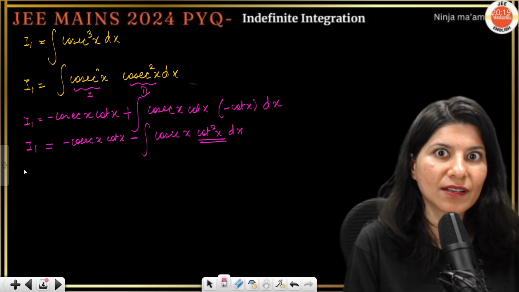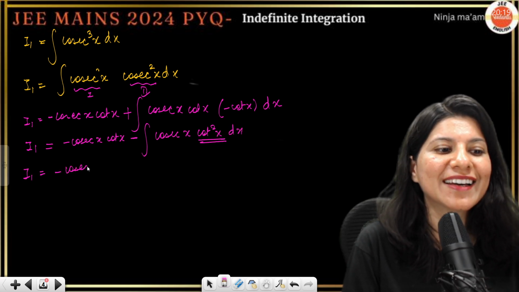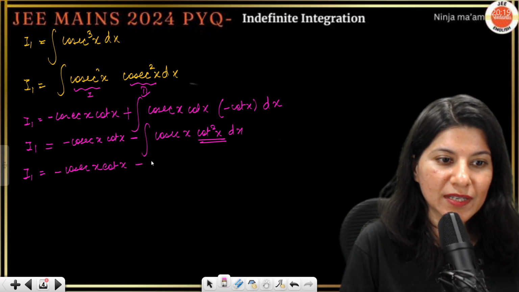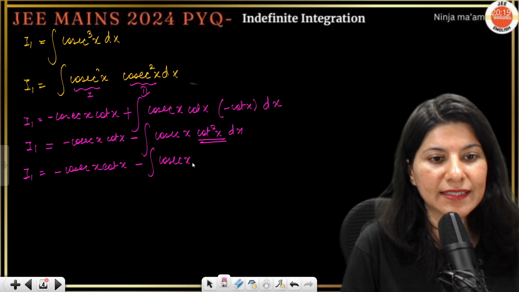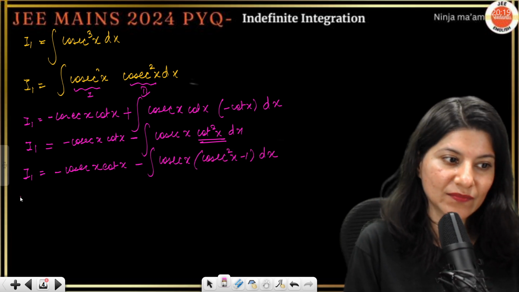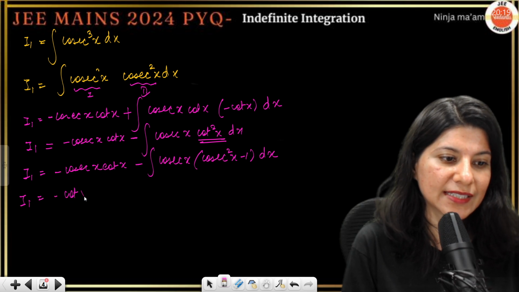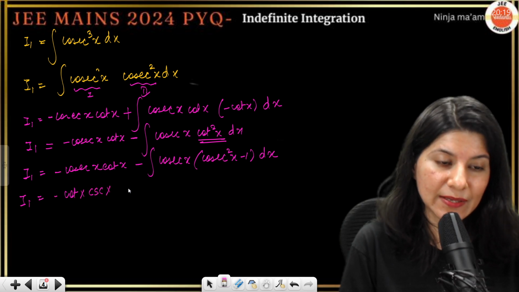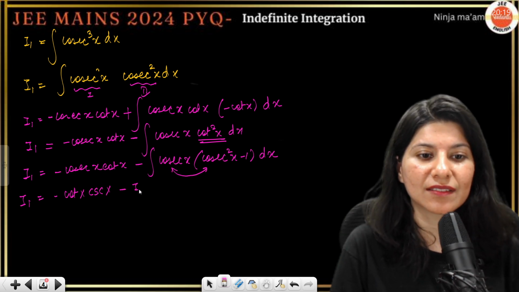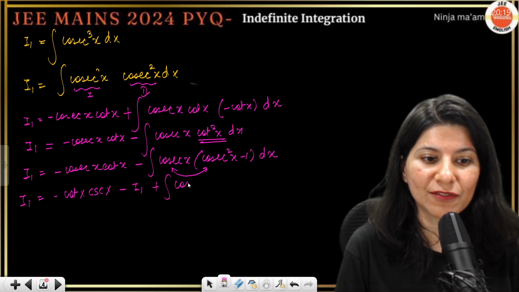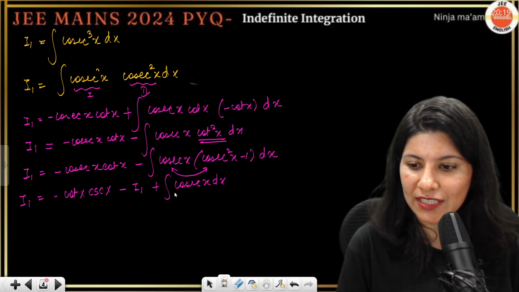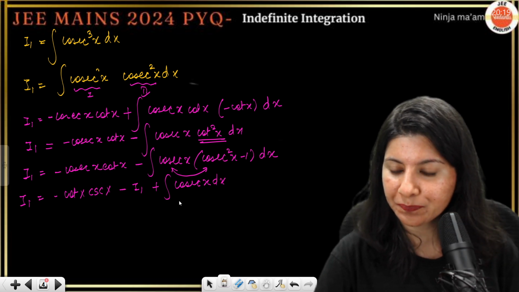Again expand this. The moment you expand, again you're going to get a recurring integral. So this is going to become integral of cosec x (cosec square x minus 1) dx. Now just multiply: minus cot x cosec x minus, now the moment you multiply, you're going to get I1, minus minus plus again integral of cosec x dx. Now you know integral of cosec x, right? So integral of cosec x will be